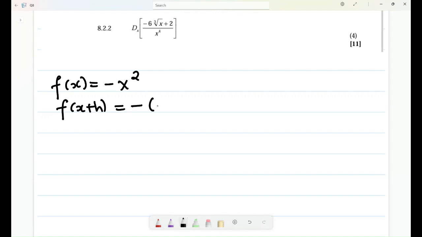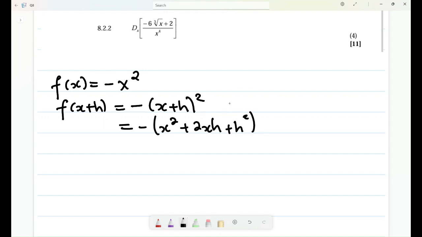So it means it's going to be negative into what? Negative, bracket x plus h, squared. Take note that I did not substitute like this, negative x plus h. No, no. When I see x, I put a bracket, then I add h. Okay? So then I now do what? I do the multiplication, and my mathematics says this is going to be x squared plus 2xh plus h squared. Okay? Then when I'm done, I can distribute